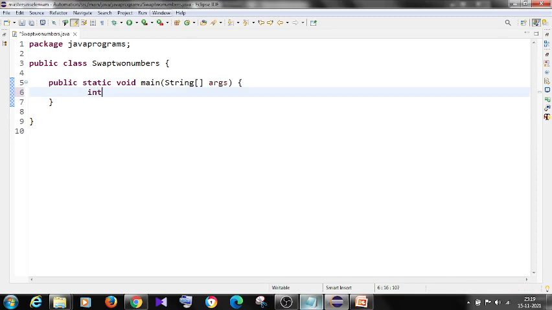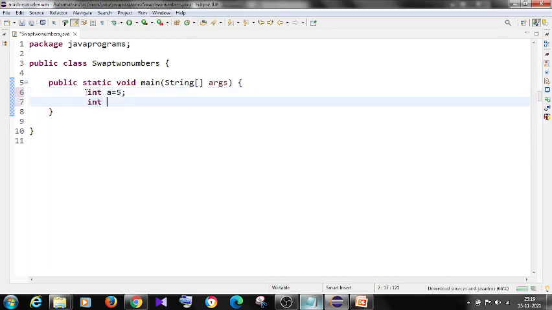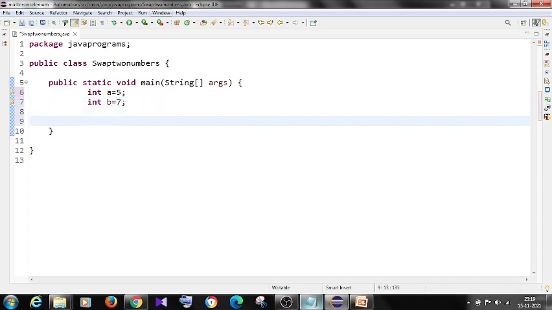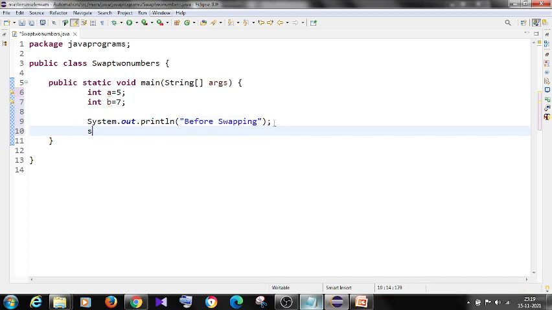Okay. Int A equal to 5, int B equal to 7. Okay, and before swapping, I need to print the values. Before swapping, what is the A value here?